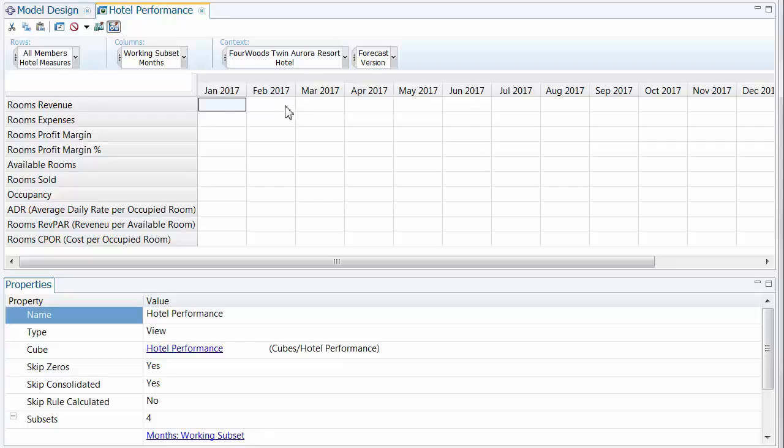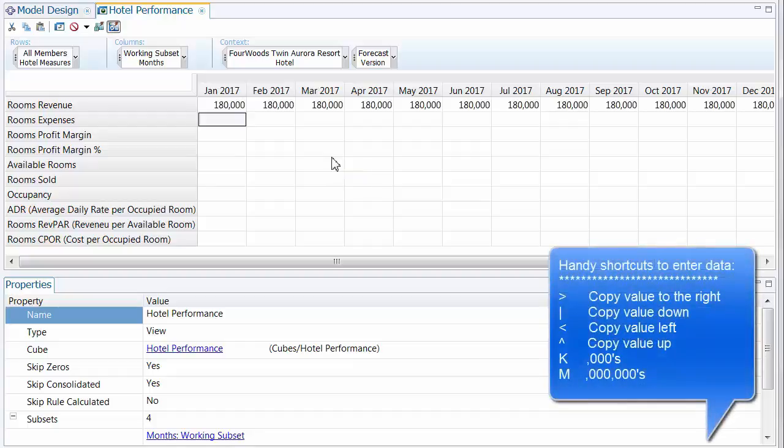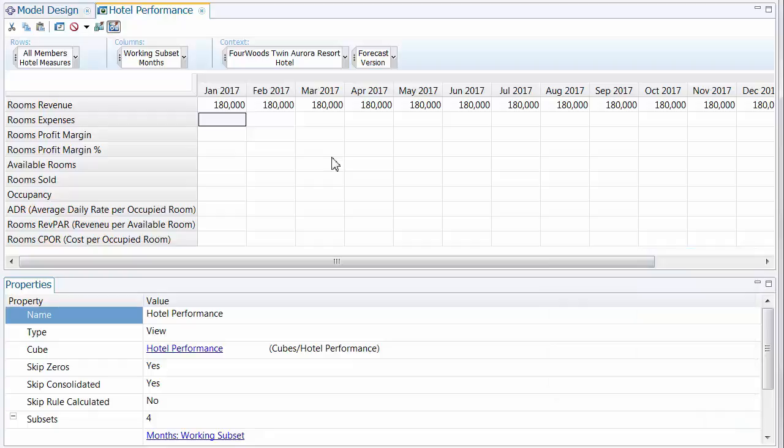Which brings me to my last point about getting started. When you're just learning, don't worry too much about getting some actual data in there to test. You can quickly use some shortcut keys to put some dummy data in long before you've decided on your final import approach and how you're going to load actual data. So we'll add some rooms related operational expenses now so that we can very quickly create our rooms profit margin